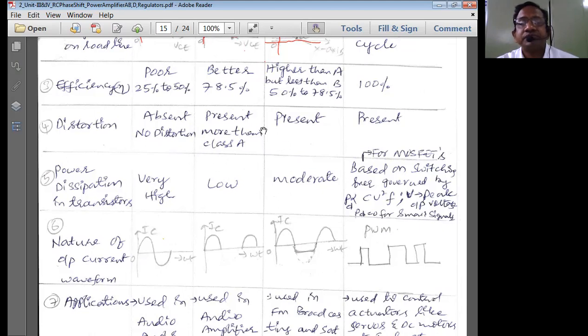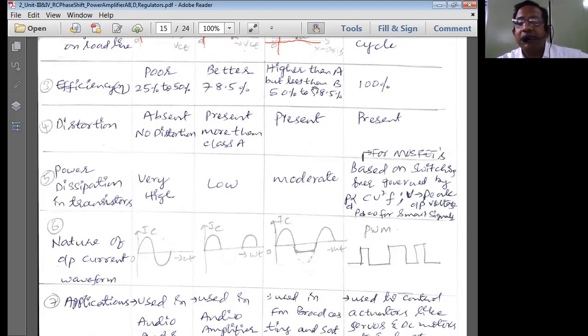Okay. Then coming to the class B type of the power amplifier, class B comes like a push-pull class B power amplifier. So therefore, the efficiency is 78.5%. It is much better than the class A type of the power amplifier. Therefore, class B power amplifier is more suitable for the radio circuits. It is a more practical application. Nowadays, we are using this in the radio circuits.